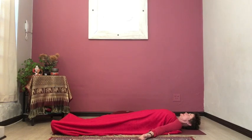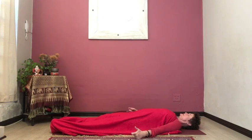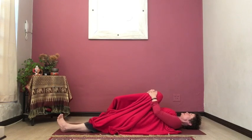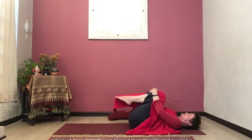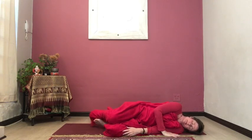And then when it's time for the practice to come to its end, gently bringing movement into the toes, into the fingers, allowing one knee followed by the other to draw up into the chest, and then rolling to whichever side seems to beckon. Finding your way back up into a cross-legged pose,